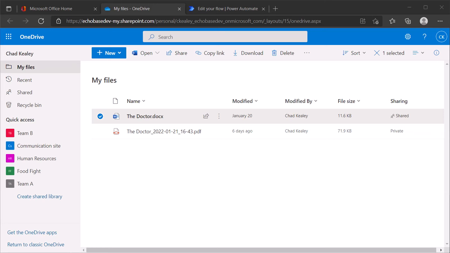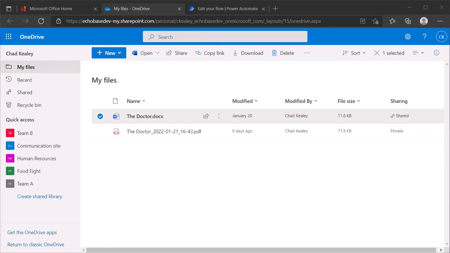You may already know this, but OneDrive for Business is effectively SharePoint. It's your OneDrive for Business storage, and we're not talking the consumer or personal OneDrive. Strictly OneDrive for Business is essentially a SharePoint document library in a site that you are the owner of. So it's your personal SharePoint site with your personal document library. Therefore, a lot of the things you can do using SharePoint actions can be done in